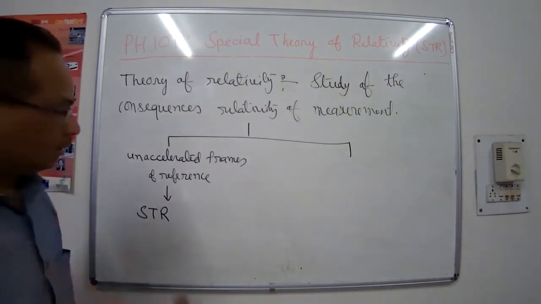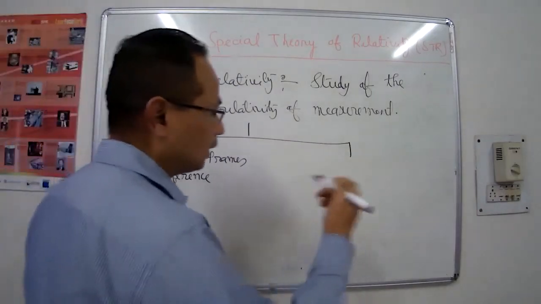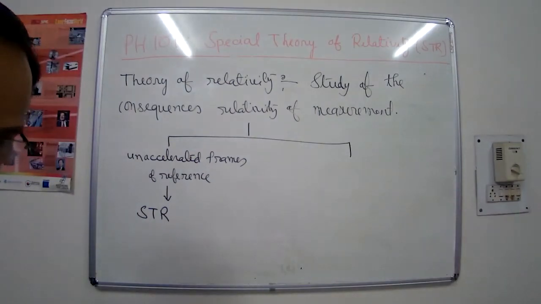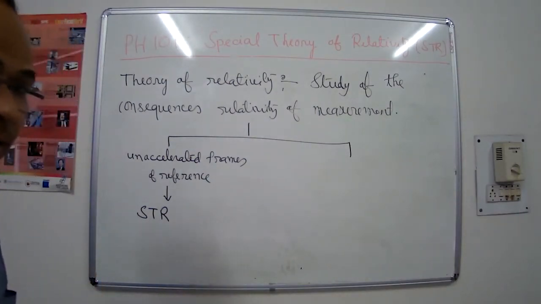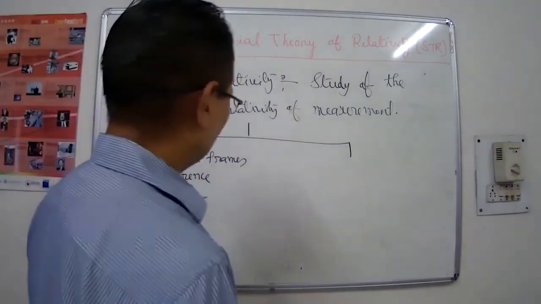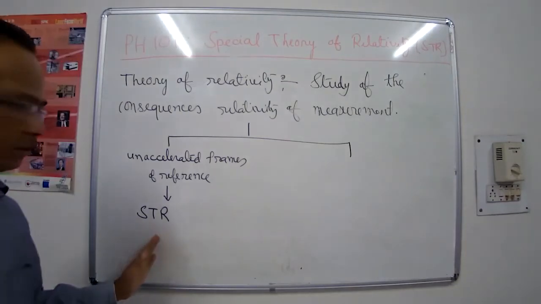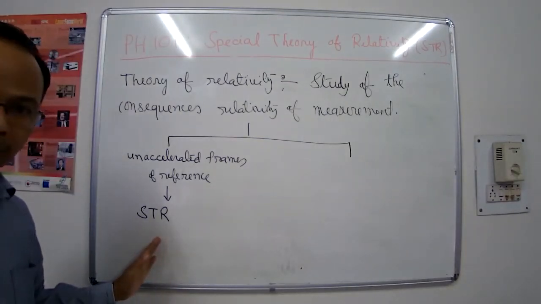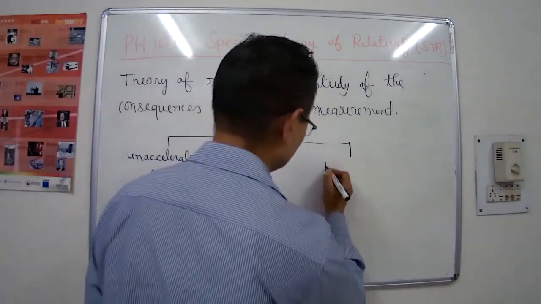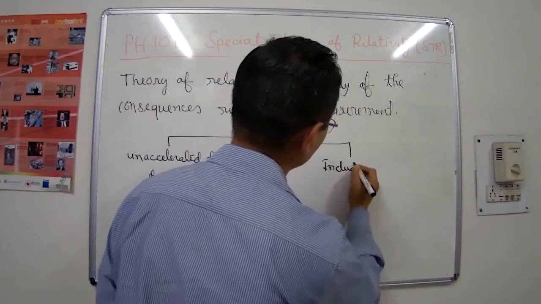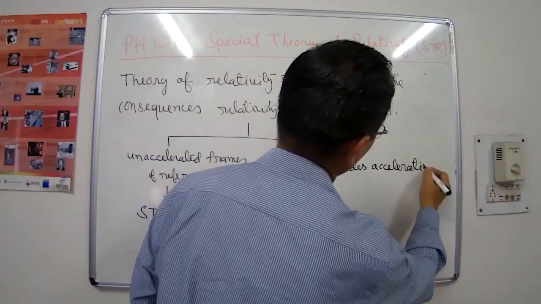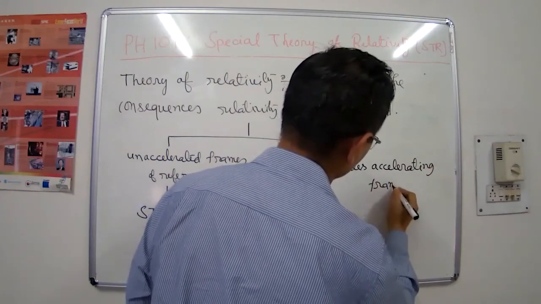When you are considering such cases and your friend is making a measurement at that point when the train is accelerating, he is now stationary in an accelerated frame of reference. Whatever we are going to discuss in the special theory of relativity, we are not going to discuss accelerating frames. But if we include accelerating frames,